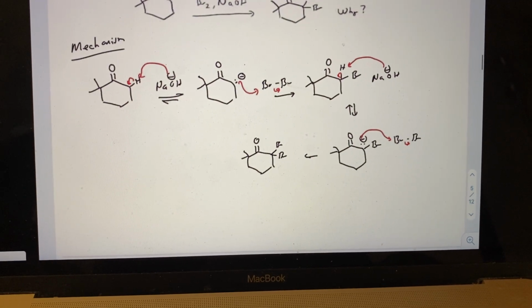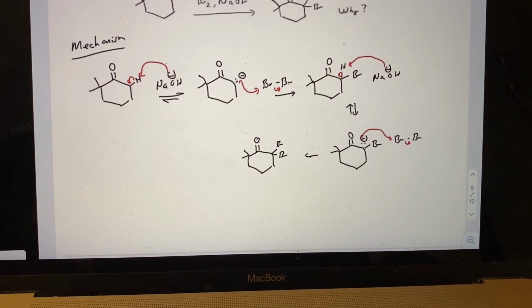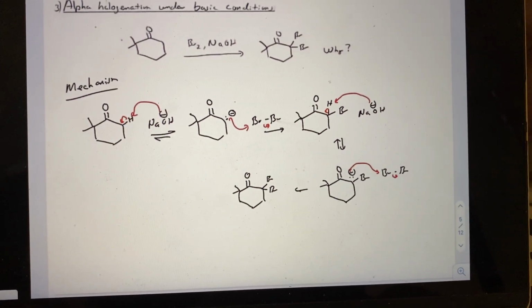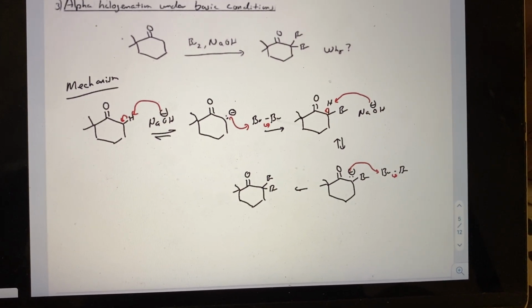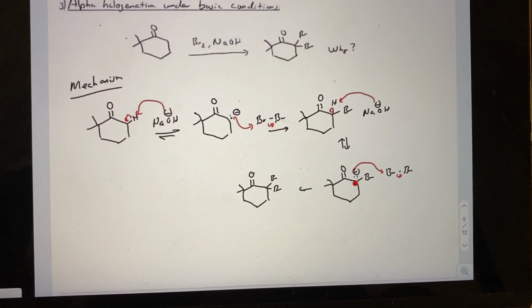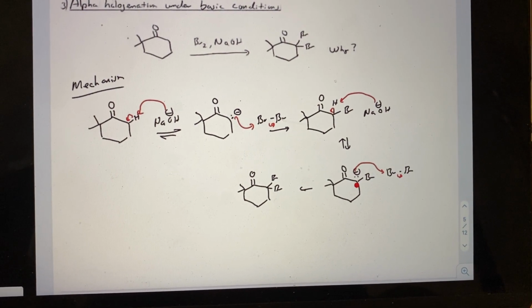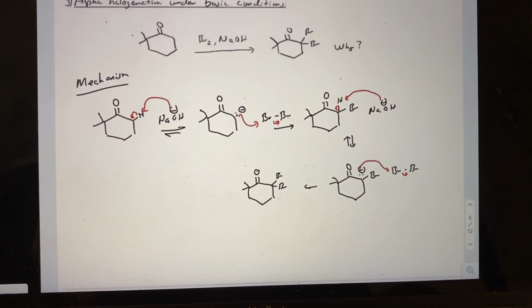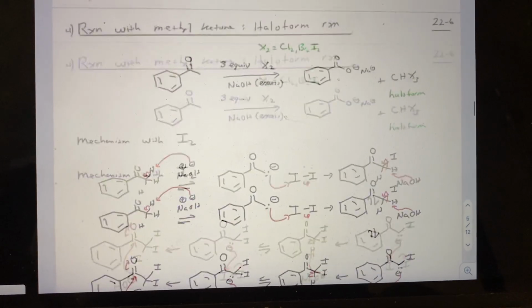And then we talked about basic conditions here now, where we can pull the proton off on the left here, generate our enolate, halogenate. Now we've generated a more acidic proton, which we're going to take off again, halogenate, and then the haloform reaction is doing this over and over again until we make that potentially good leaving group. Okay, so now